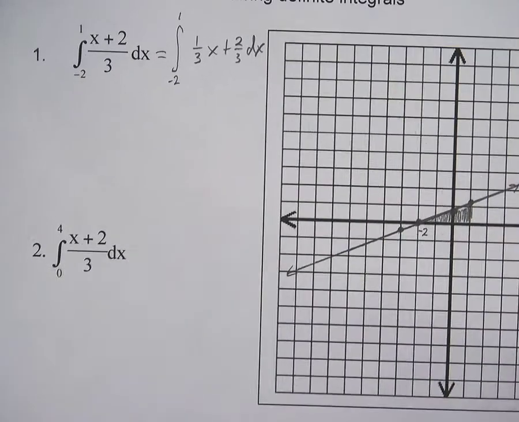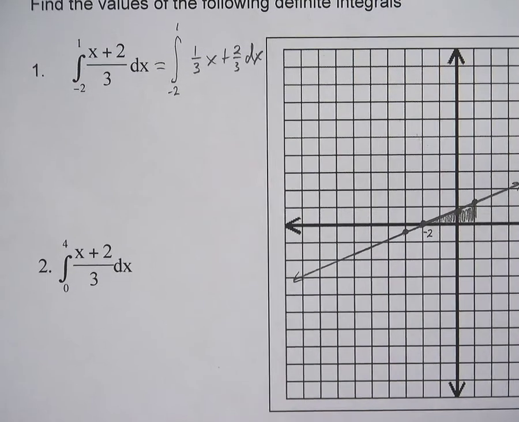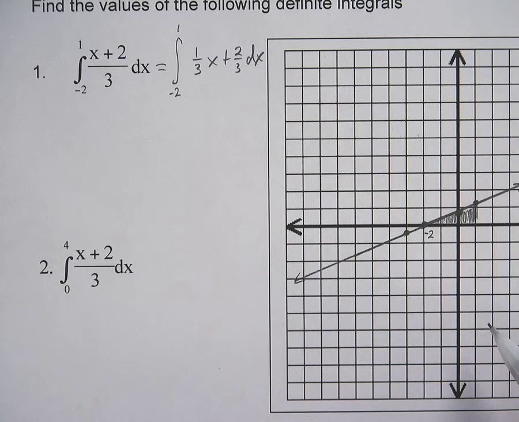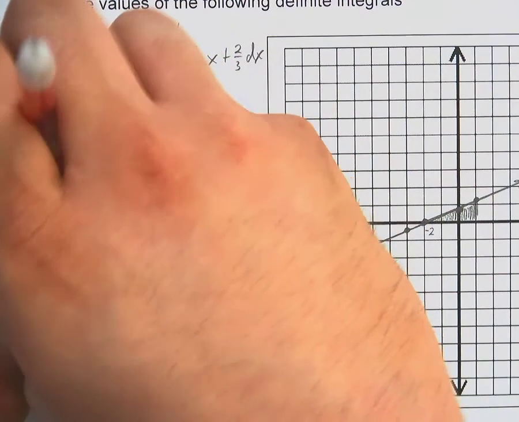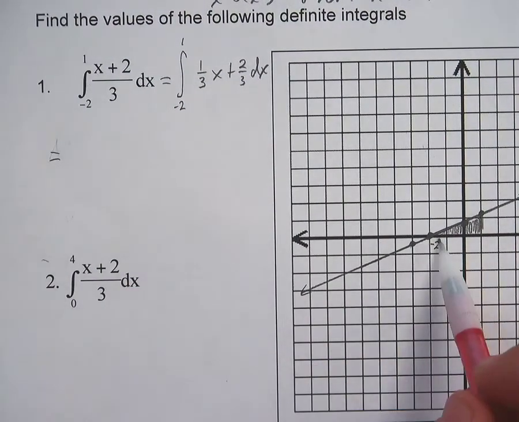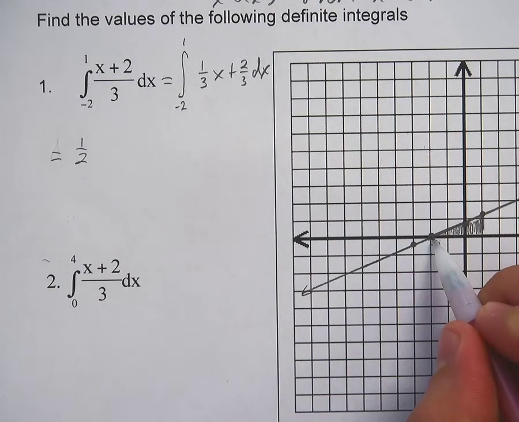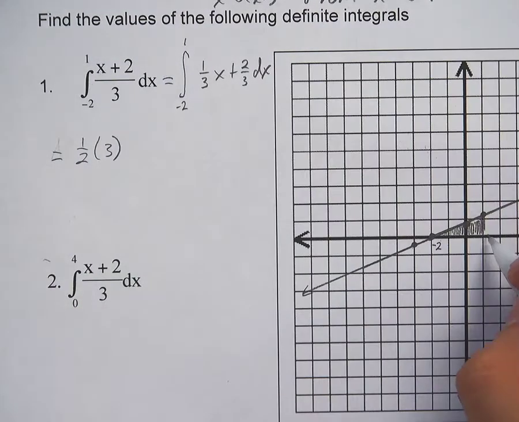So let's set it up. I'm going to look at the shape. Well, the shape is a triangle, right? The shape is a triangle. So what I'm going to do here is come up with just my regular 1/2 base times height. So the area, or excuse me, the integral, this is going to equal 1/2. My base here, it looks like it's going over 1, 2, 3. My height,